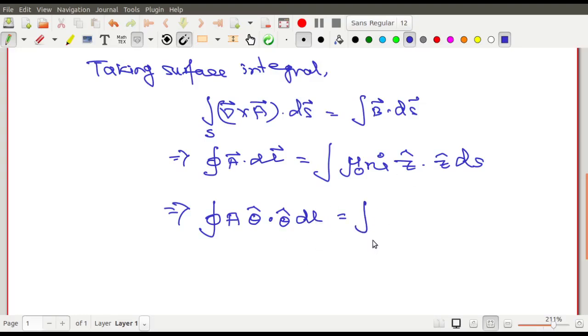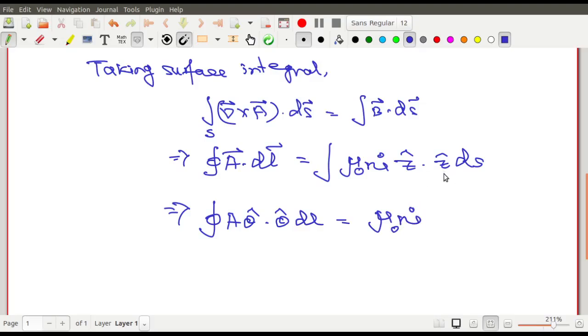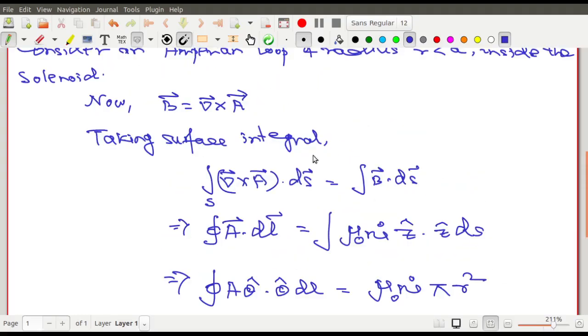So the vector product will just get omitted over here, and I think that it's better to do it in this line only. এই লাইনটাতে করাটাই বেটার। ও না না, এখানে হবে না তো, বিকজ এটা তো স্টোকস থিওরেমের অ্যাপ্লিকেশন। সো এখানে তুমি লিখছো a theta cap dot theta cap dl, আর এখান থেকে তোমার দেখো চলে আসবে mu0 ni z cap dot z cap is 1, and integration of ds will give you only what? Pi r square, the radius of the loop, pi r square, because the Amperian loop taking surface integral